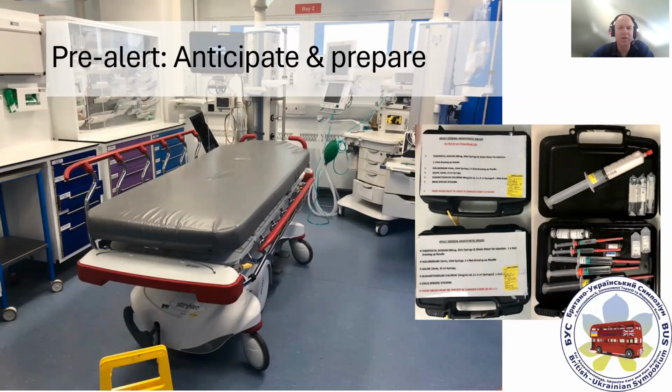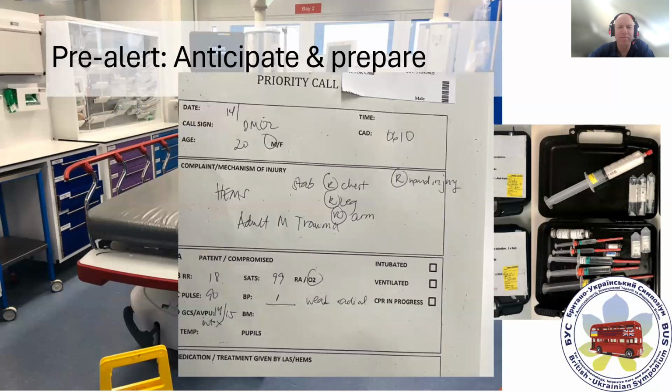So first things first is standardization of process. We have a standard setup in our ED resus with anesthetic machines, the same as we have in theatre. We have drawers laid out exactly the same with the same drugs, the same airway equipment, and pre-prepared boxes of anesthetic drugs, with adult general anesthetic drugs, pediatric general anesthetic drugs, and resuscitation drugs, so that we've got the same kit and we're familiar with it and we use the same thing over and over. And we will get a standardized